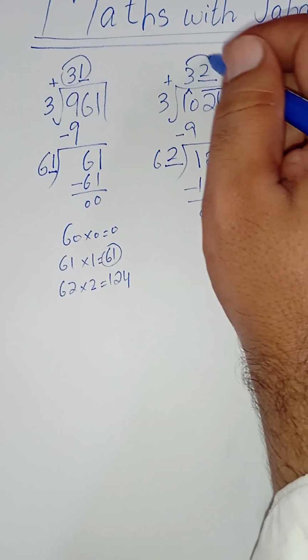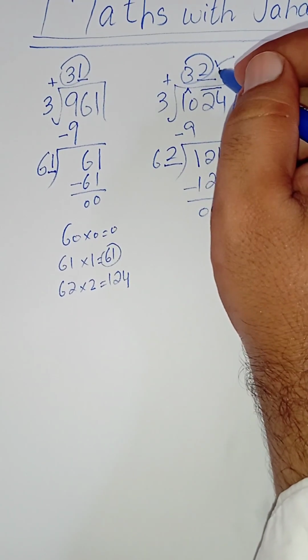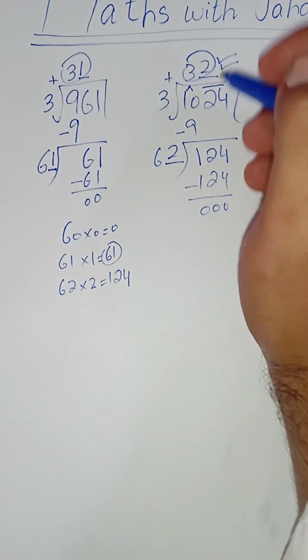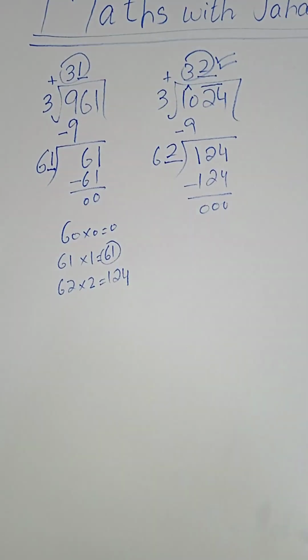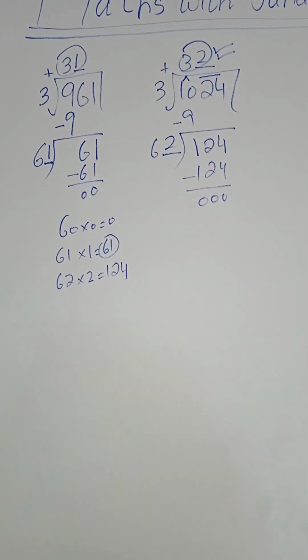It means 32 is the square root of 1024. Any question you may ask, you may